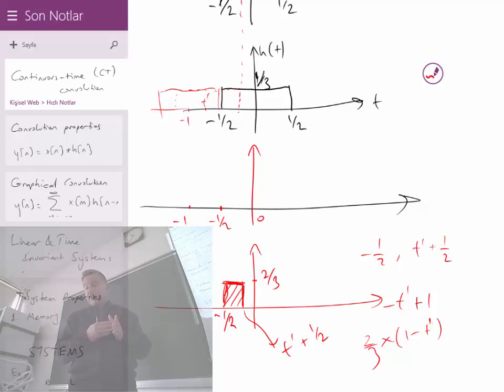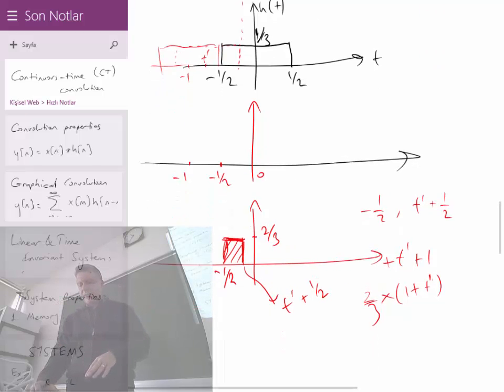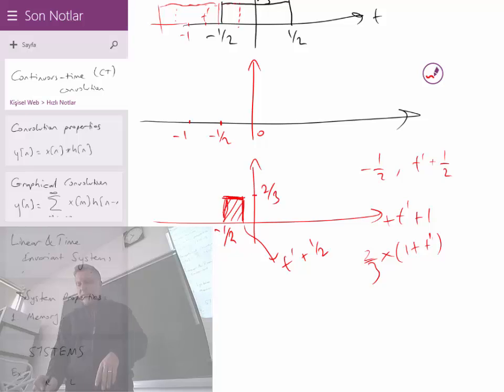is increasing. T prime was originally, or is it a plus? I'm being confused here. T prime is already negative, so it must be a plus. T prime is already negative, and it's a value like minus 0.7. So 1 minus 0.7 is 0.3 sort of thing. Okay, this is my final result. So this thing is increasing as t prime increases from minus 1 to, let's say, 0.